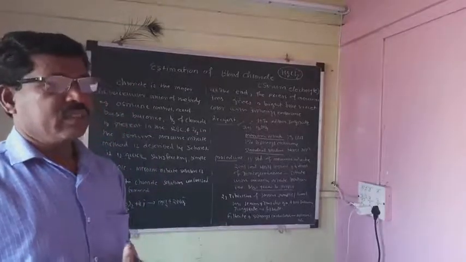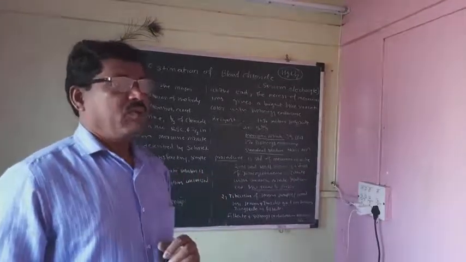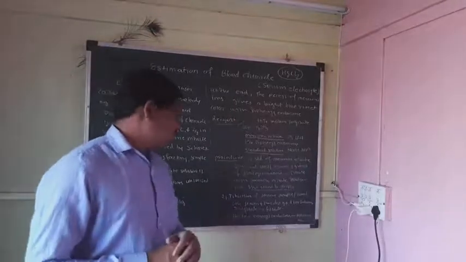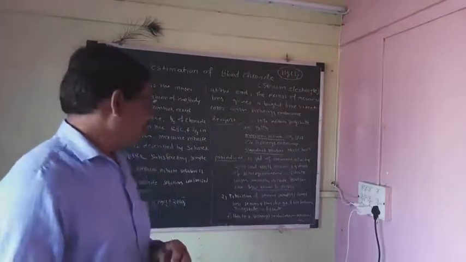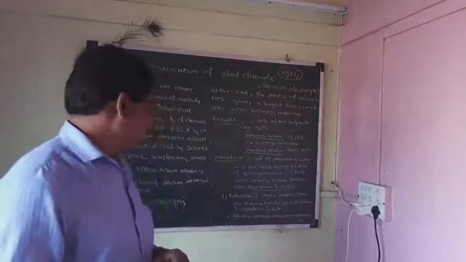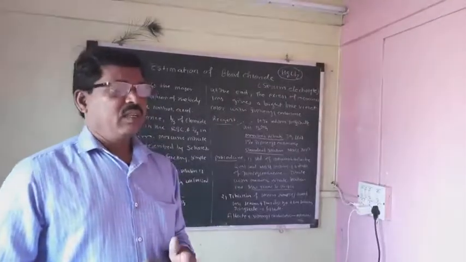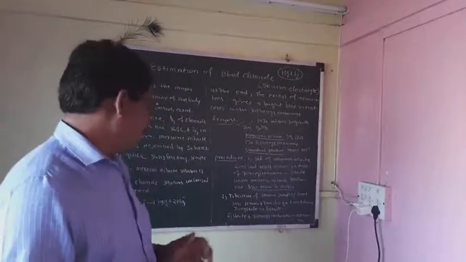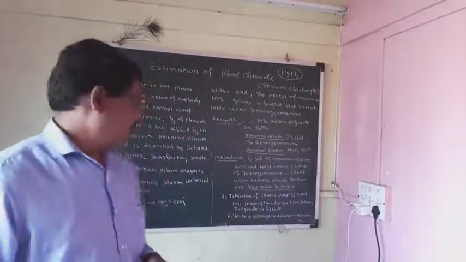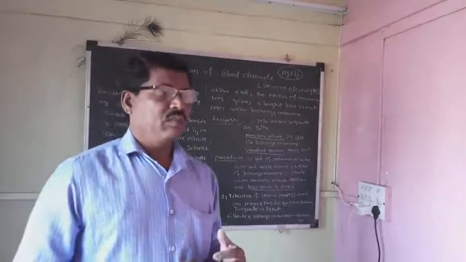and these chloride ions are estimated by the same method, mercuric nitrate. Take a 1 ml serum sample or blood sample, and then add 1 ml distilled water, 1 ml sodium tungstate solution, and centrifuge and filter it. In the filtered solution, again add 2 to 3 drops of diphenyl carbazone indicator, and again titrate with mercuric ion solution.